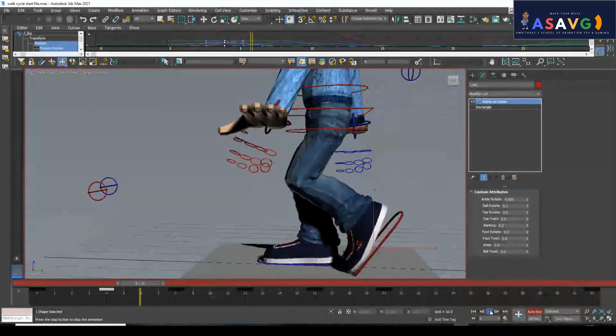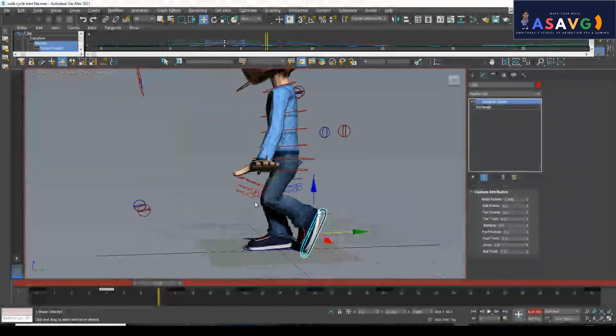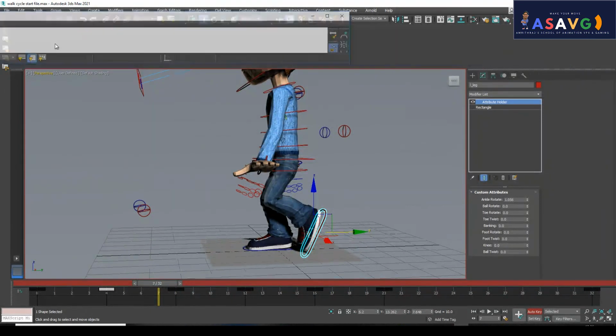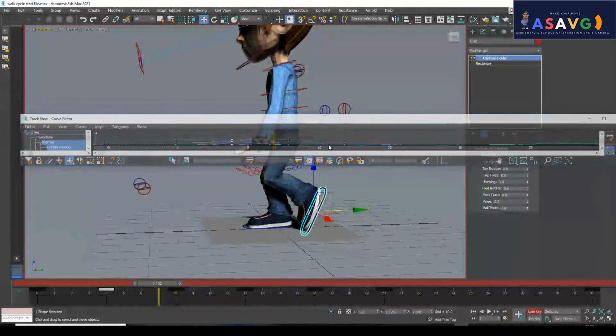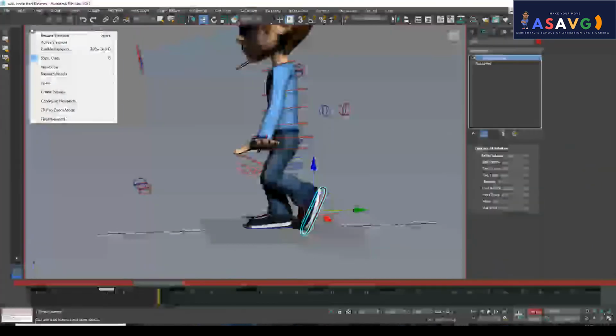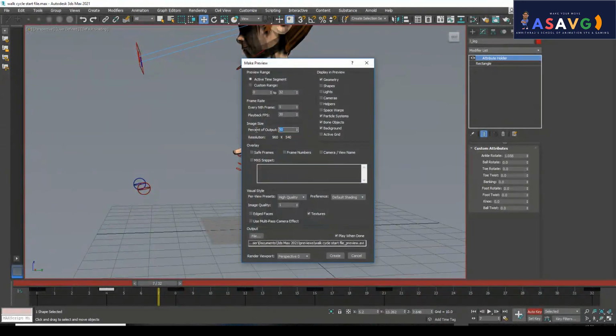Okay, now we are going for the playblast. So you can see exactly what is happening in the playblast. Select this, and we are going for the playblast. I will be moving this keyframe out and closing this one, and I'm making a playblast. So preview, create preview animation and make it a little bit more.